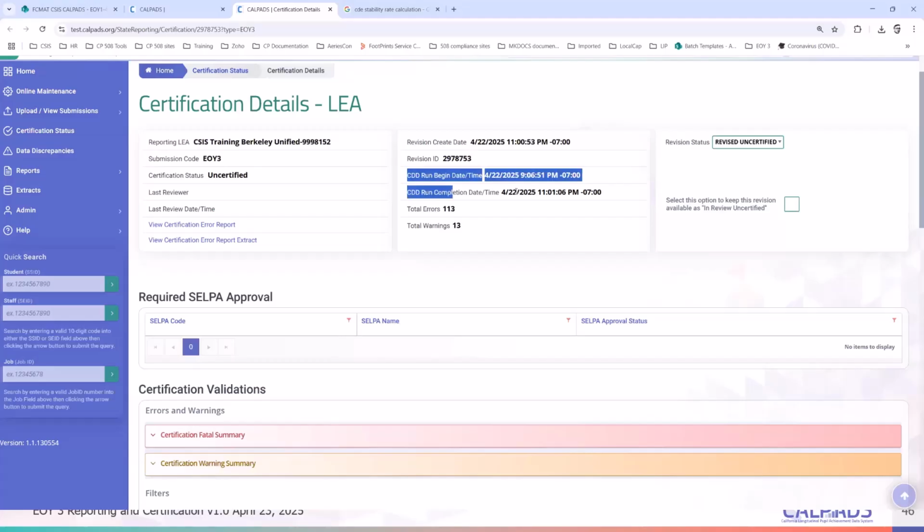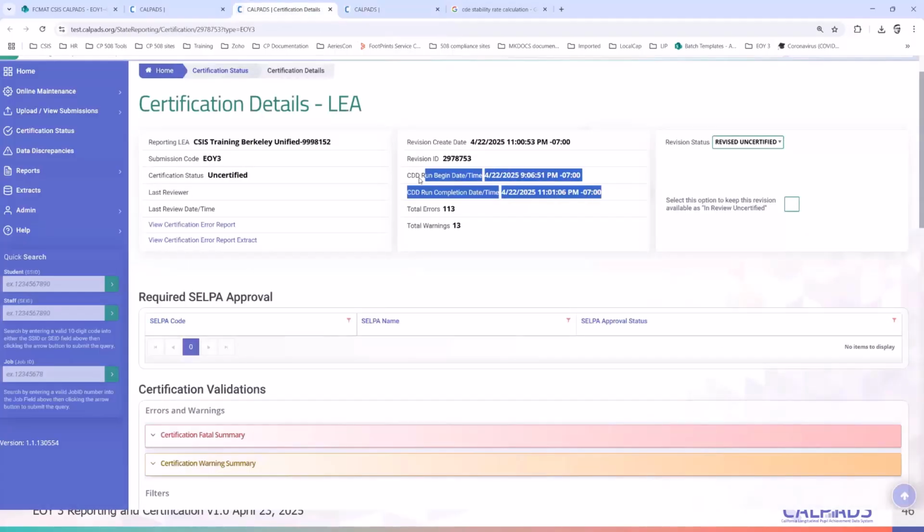Now, the CDD run is based on the refresh that CalPads did on the data discrepancy section, which I will discuss in a few minutes. So why is this important?